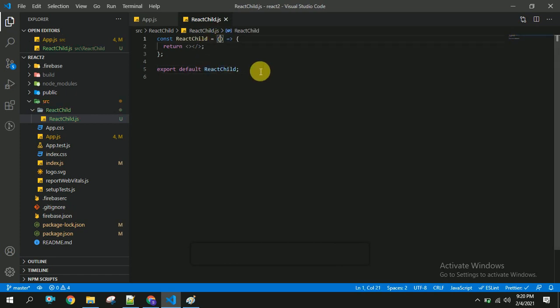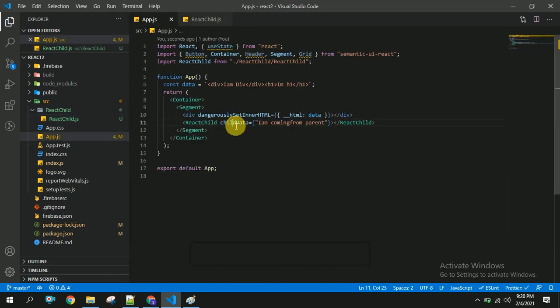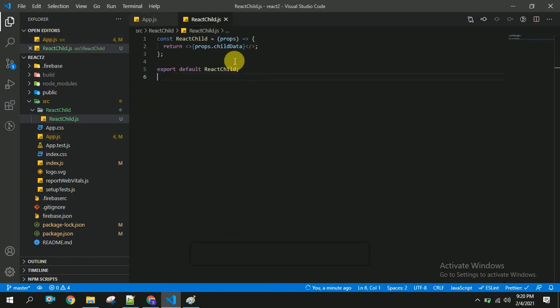Now I am getting these props from my parent, and I'm going to use childData, which is coming from the parent. So you can see here we are sending childData. I'm going to copy this, and we have to use it like props.childData. That's it. Let us save this and check whether it's working or not.